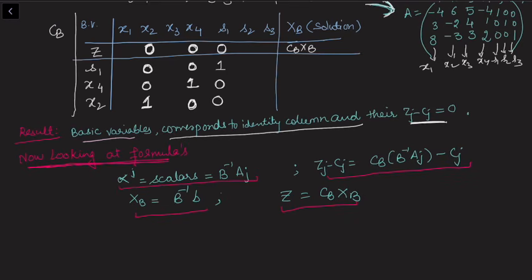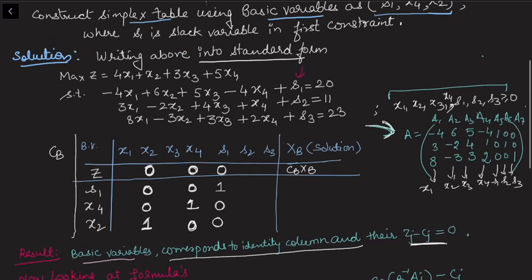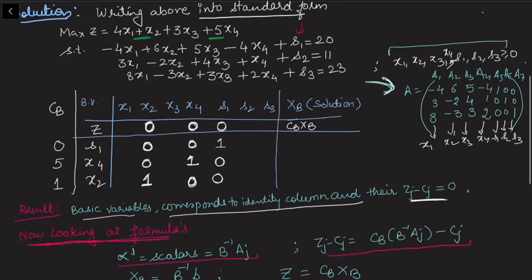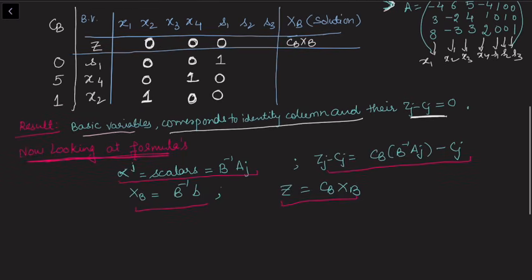So we can see from the objective function again what is the cost of the slack variable. This is 0. The cost of X4, which is given here in the problem, is 5, so let us write 5 here. And the cost of the X2 variable is 1, so we will write 1 here. Now if you want to calculate the other entries, which we will find in the S2 column, S3 column, X3 and X1, and also in the XB column, we need to use these formulas which are given here.